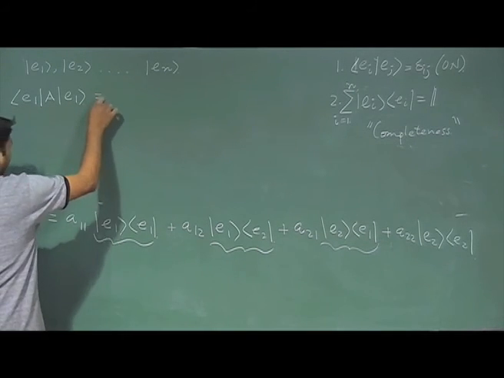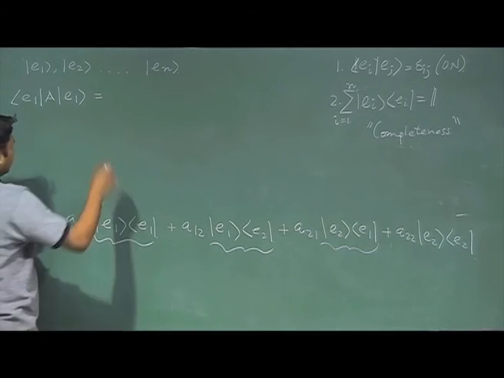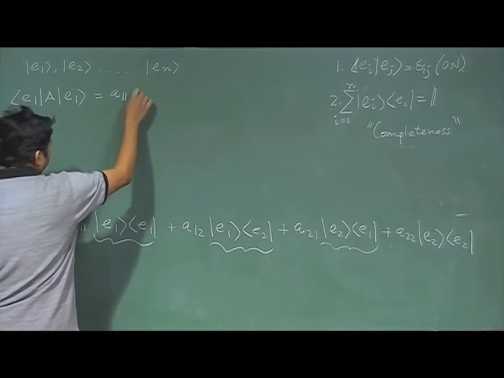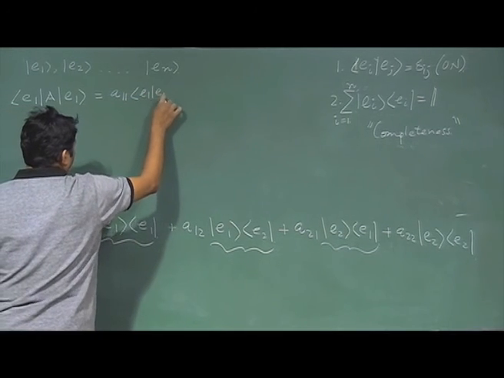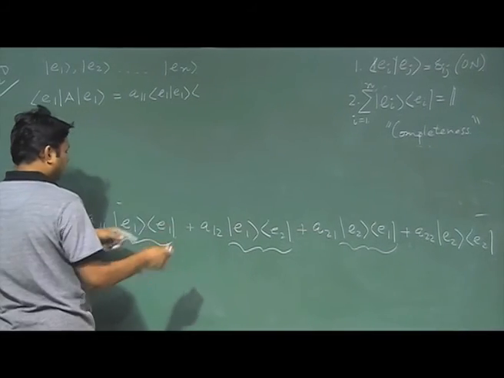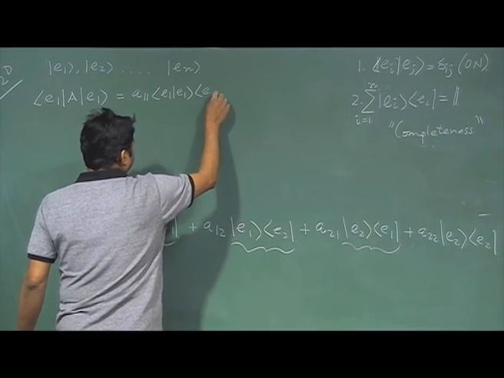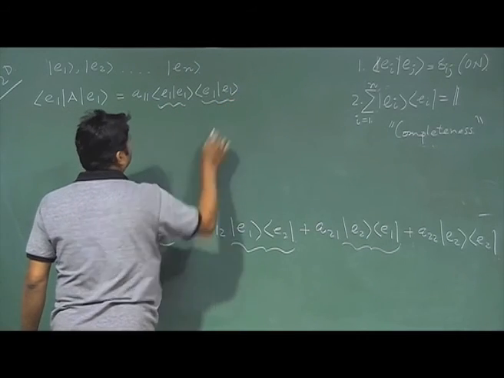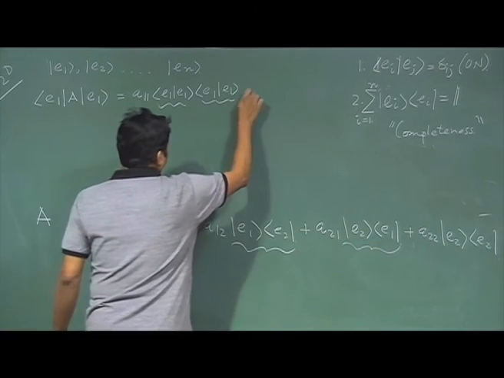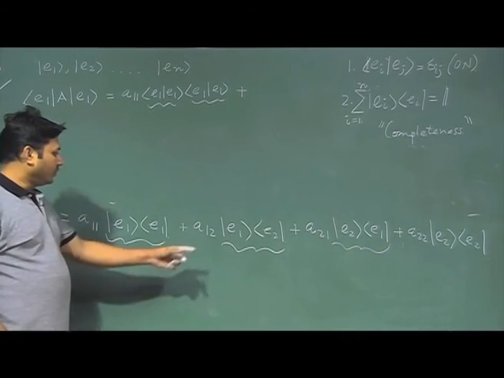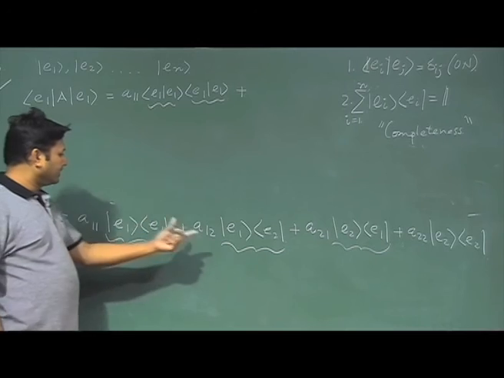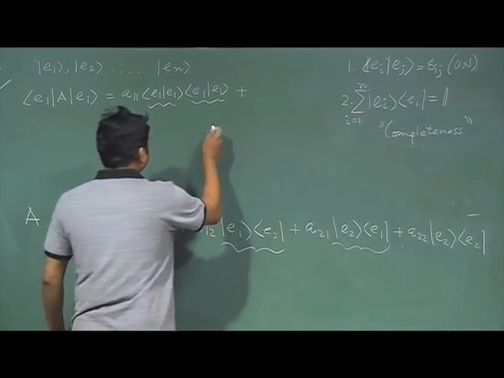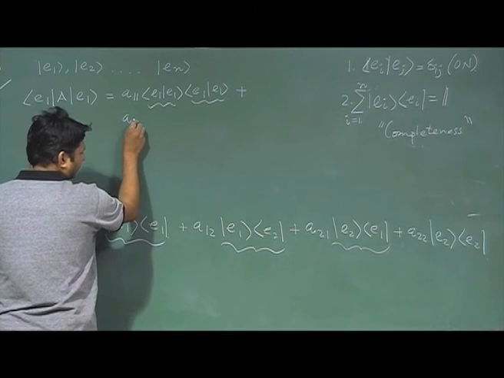On the right hand side, when I operate this from the left side, I will have a quantity like E1 E1. When I operate from the right hand side, I will have another quantity E1 E1. This is 1, this is 1, so I will have A11. What about the other terms? When I make a sandwich of this, it will give 1, but when I make a sandwich of E1 to E2, let me write it, then it will maybe be clear. So A12